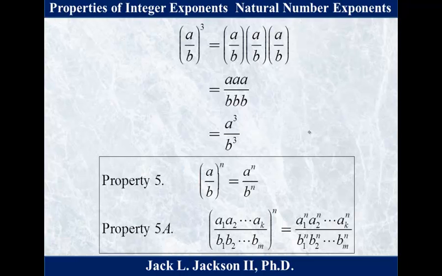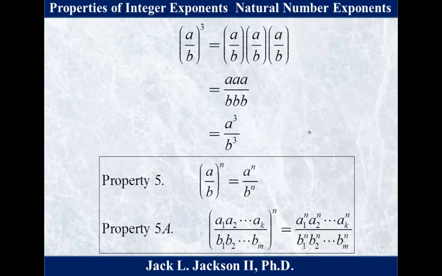Okay, so that gives us property 5. A over b to the nth power is a to the nth power divided by b to the nth power. Or, generalizing further, if you have all multiplication in the numerator and denominator, let's say you have k factors in the top and m factors in the bottom,